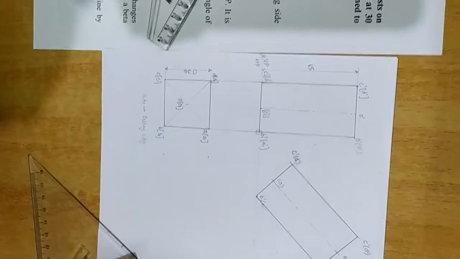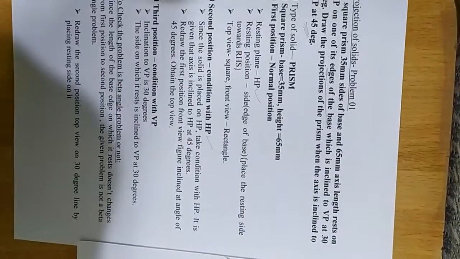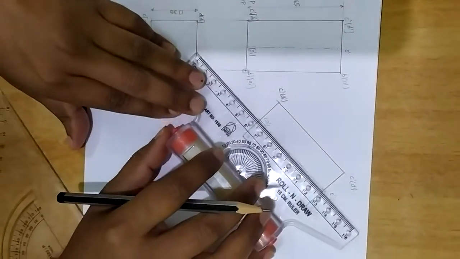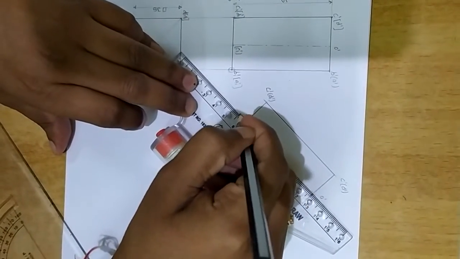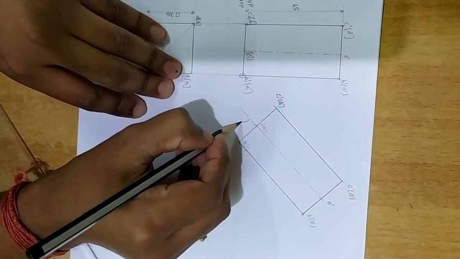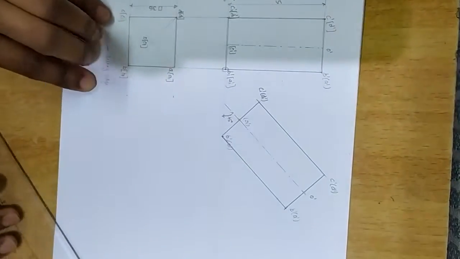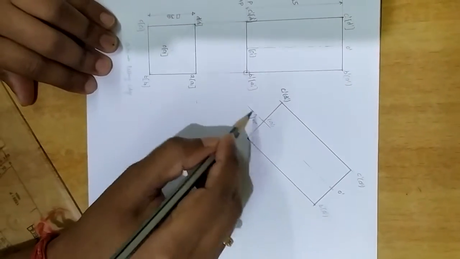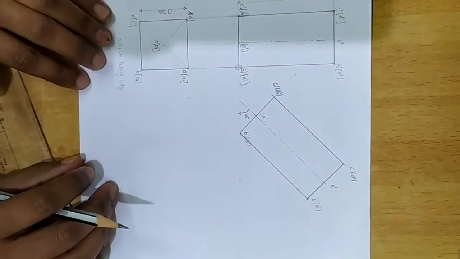So what is given in the question? Axis is inclined to HP at an angle of 45 degrees. So what I need to do is, I need to extend this axis. So extend the axis in order to represent the angle. Extend the axis outside. So this angle should be written as 45 degrees. Okay, so don't represent the angle here. So axis makes an angle of 45 degrees. So show the angle with respect to the axis itself. So this is about your front view.